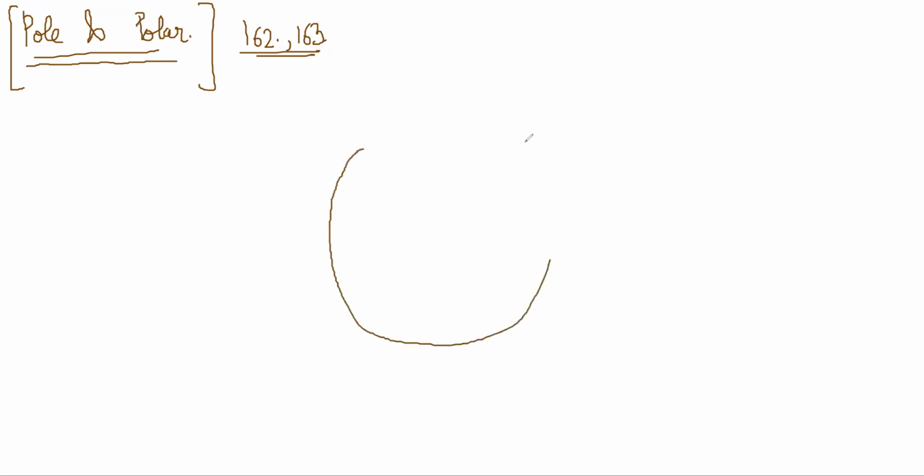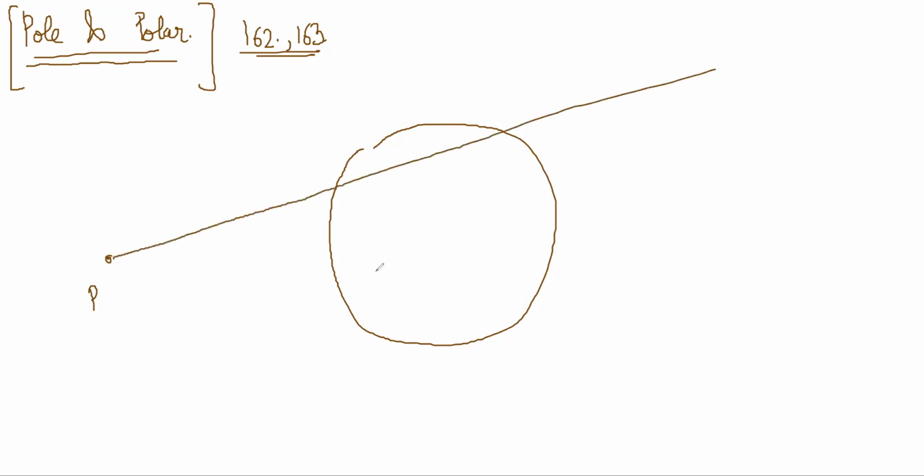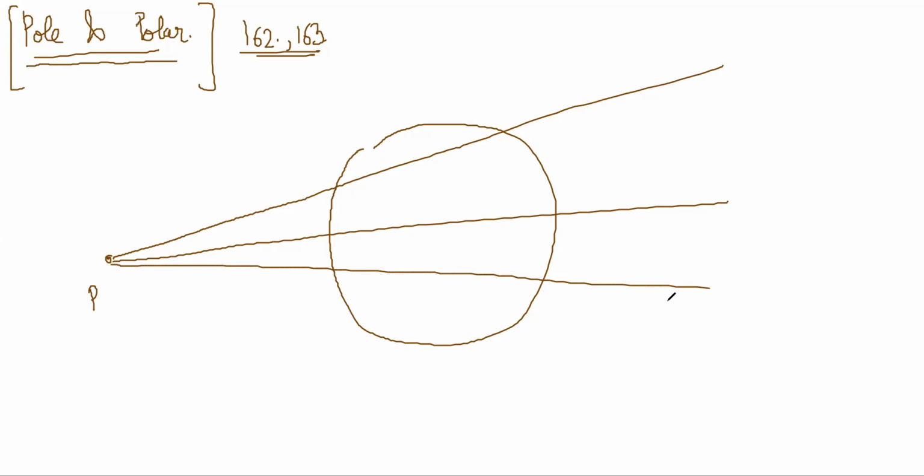So this is a circle. There is a point P. Through this point you can draw how many chords to this circle, how many secant lines, right? Many. I can draw one line like this, one line like this, another line like this, right? There are infinite possible secant lines that cut the circle, which are passing through the point P, right? P point is x1 comma y1, suppose.